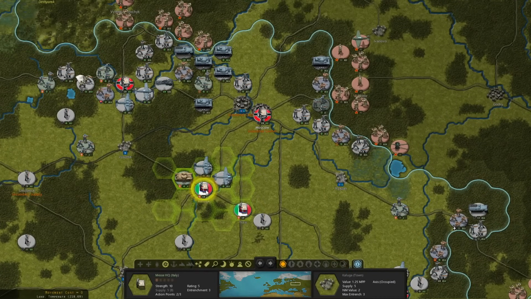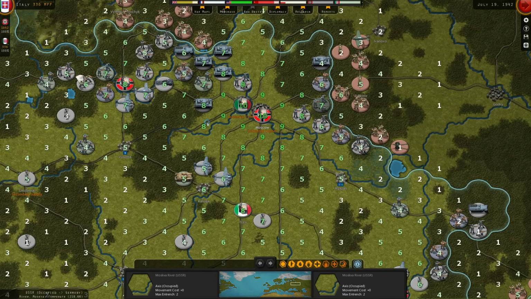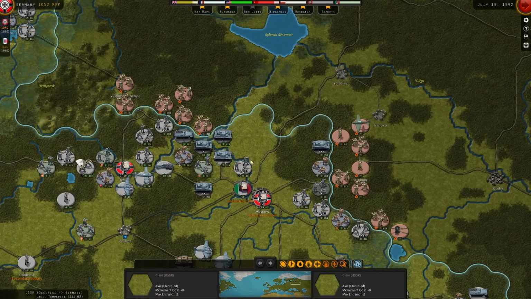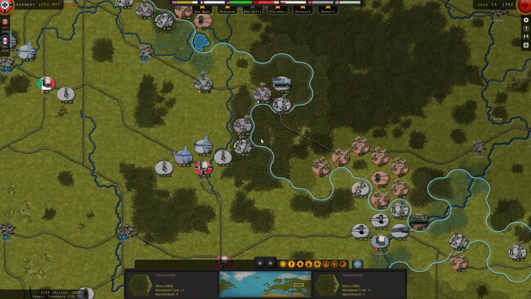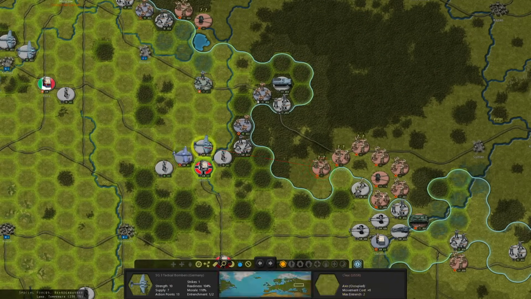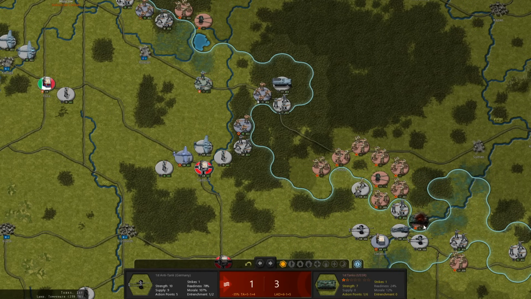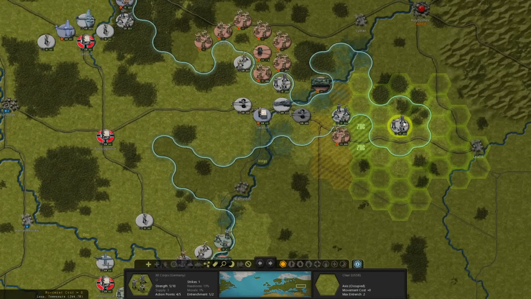All right. Let's also operate these guys forward here to Moscow. Yeah, those units have very poor supply. Okay, let's go ahead and upgrade these Italian tanks. Anti-tank guns here are going to attack this Soviet tank unit. They did drive it back. They didn't destroy it, but...